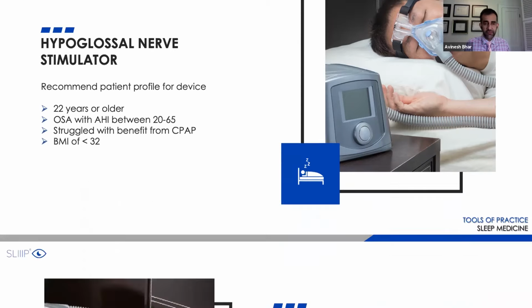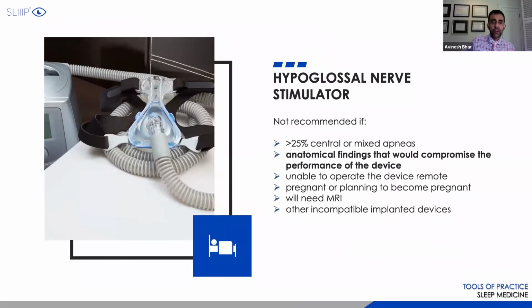You can use it for moderate to severe sleep apnea as well. Not recommended if you have anatomical findings, and I've highlighted that here because if you have lateral collapse, you should be very concerned about doing it. If patients may need MRIs, they've had a long neurological history, to think about that as well. I'm sure at some point they'll come up with an MRI compatible version of it, or it may already have come out, but yeah, look into that. If they have other incompatible devices as well. If they have central apneas, then you will not find an improvement because central apneas are not triggered by respiratory effort. You actually have no respiratory effort. So the Inspire device is not going to work for central apneas, it's mainly going to work for obstructive apneas.